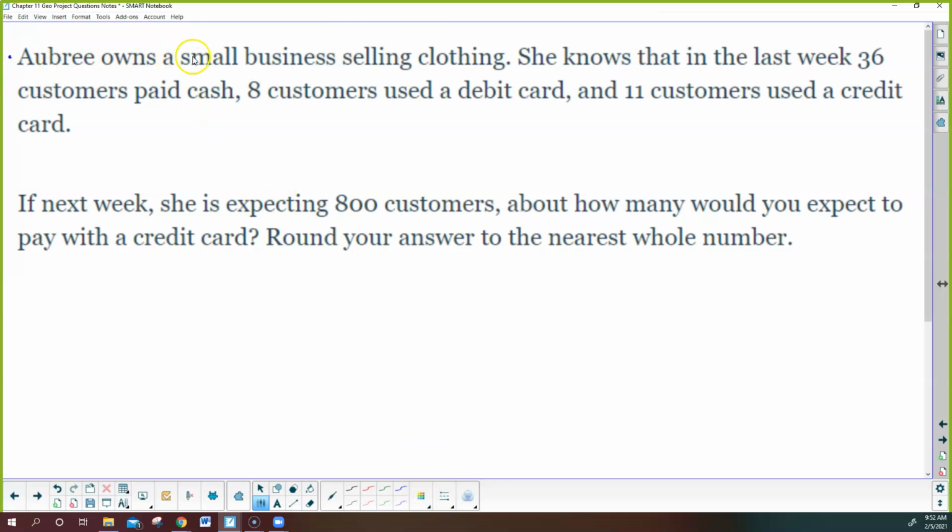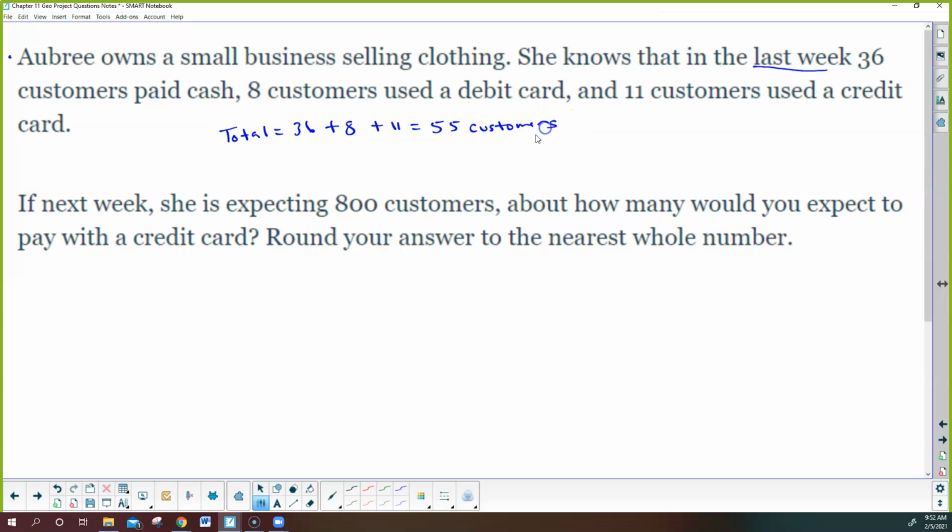Aubrey owns a small business selling clothes. She knows that in the last week, 36 customers paid cash, 8 customers paid debit, and 11 customers used a credit card. One of the things that's interesting is we want to think about how many total customers she had last week. So we're just going to add up all those items. 36 plus 8 plus 11 means she had a total of 55